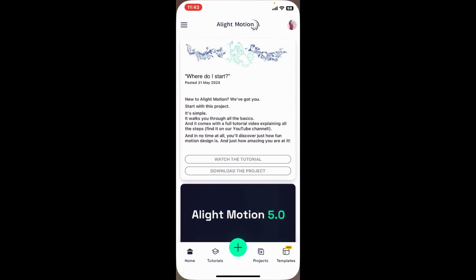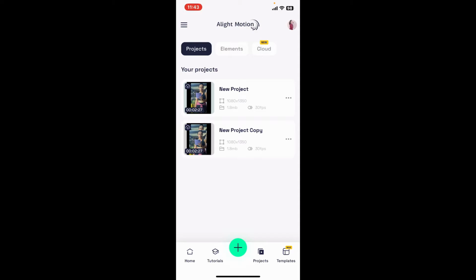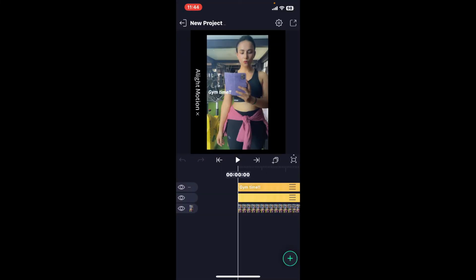First of all, tap open Alight Motion application and make sure that you're logged into your account. Once you're inside, tap on the plus button and create a new project or choose an existing project you would like to work on. Once you open up a project for yourself, go ahead and tap on the video option